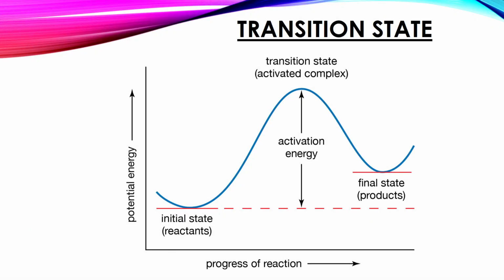On the reaction path, between the initial and final arrangements of atoms or molecules, there exists an intermediate configuration at which the potential energy has a maximum value. Yes, you heard it, the potential energy. The configuration corresponding to this maximum is known as the activated complex, and its state is referred to as the transition state. The point of highest free energy is called the transition state of the system. Activation energy is the minimum energy that a reacting or flowing system must acquire for the transformation to take place.